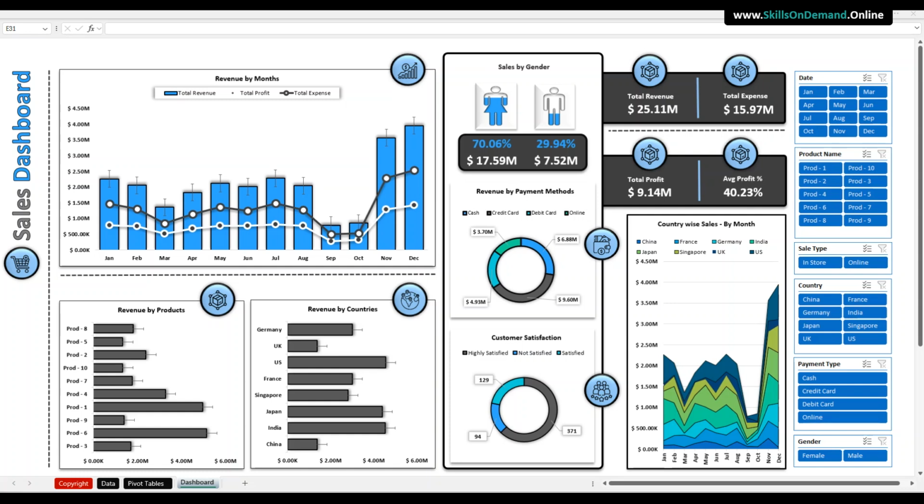In this dashboard, we have created visuals that show monthly revenue, monthly profit, and monthly expense. This will help you clearly understand monthly performance. Below that, we have a visual that shows revenue by products. This will help you understand products that are performing better than others and the products that need some improvements in